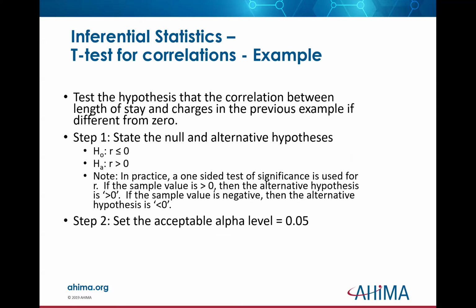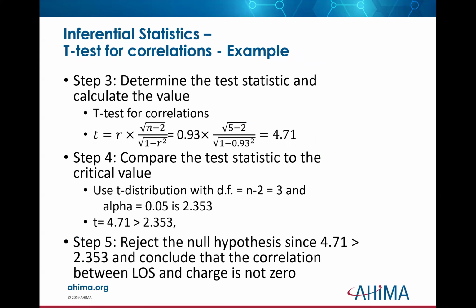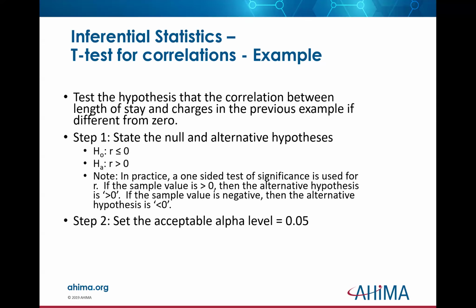We state what the null and alternative hypotheses are. And then we use the simple linear regression. We run through the test statistic, we compare it to the critical value, and now we're ready to, after we do all this math that I'm not going to require you to do,